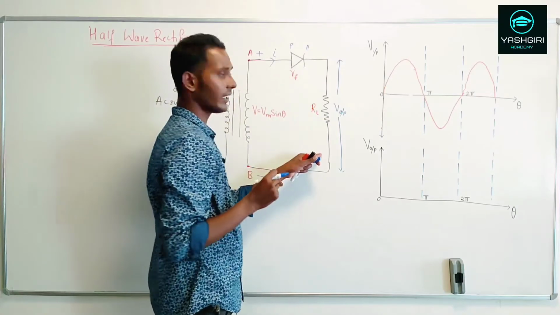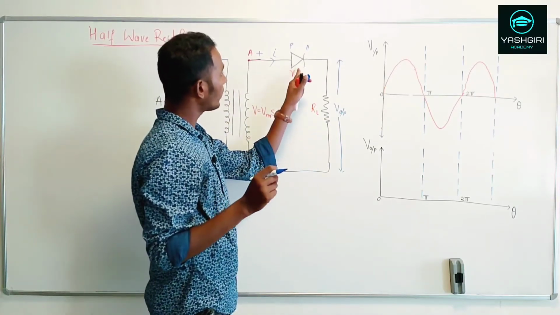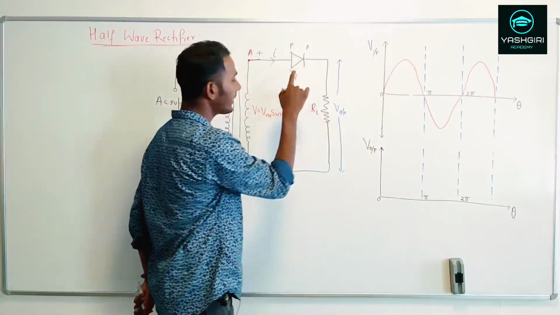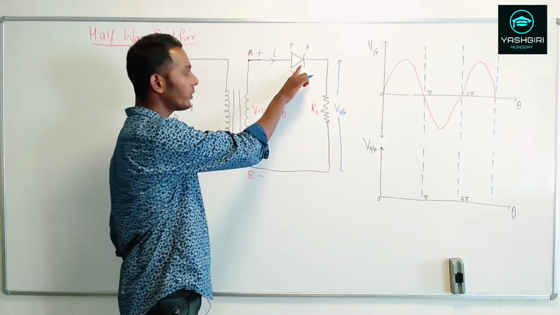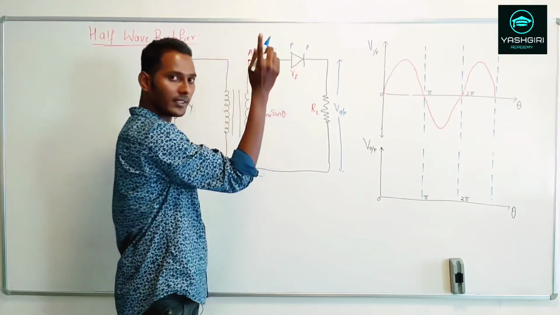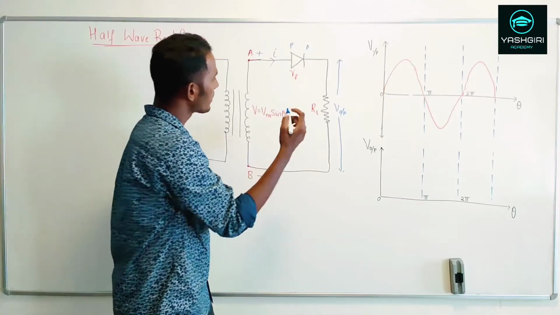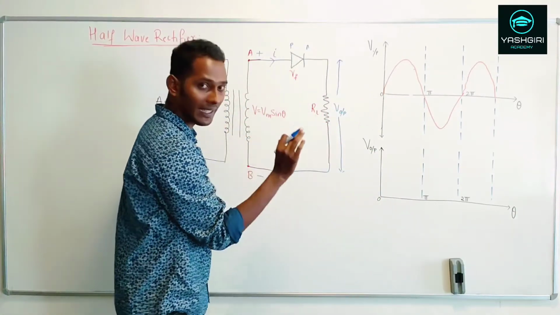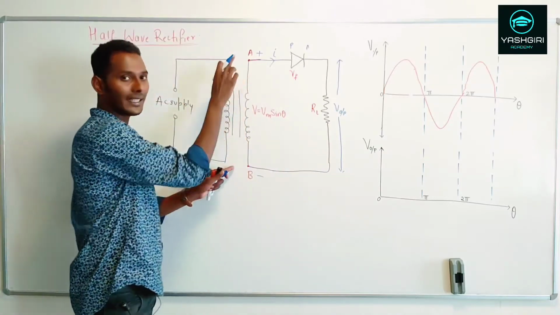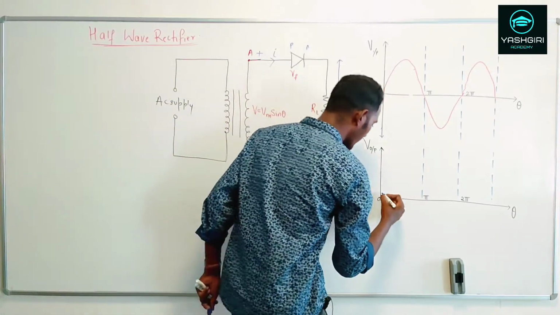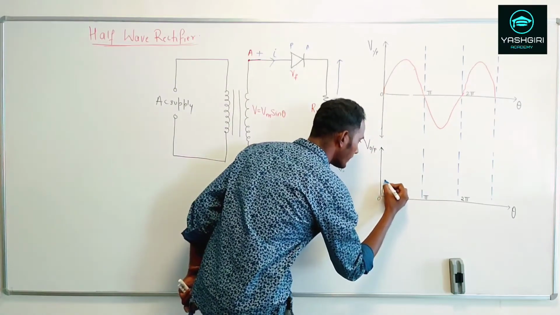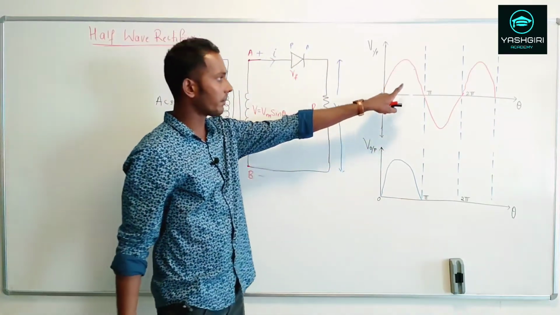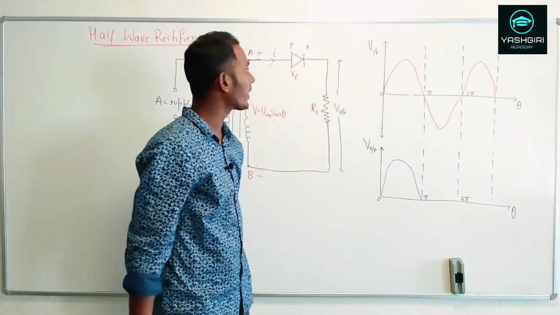If I consider the diode to be an ideal diode, then I can neglect the 0.7 volt barrier potential, or the internal resistance of the diode. So if I plot the V output, it will be exactly the same as what you are supplying at the input. That's for the positive half cycle. If I trace it, it will be exactly the same as the input supply you have given for the first positive half cycle.